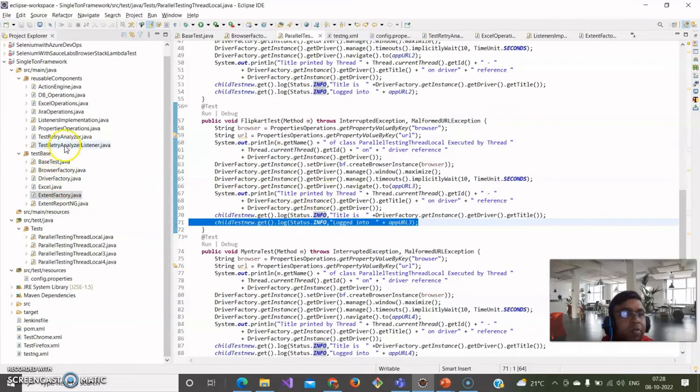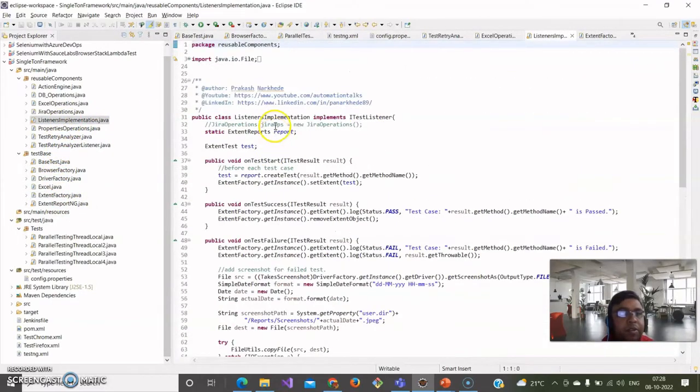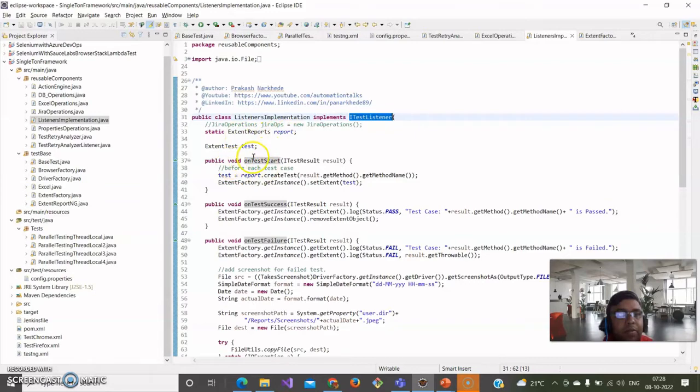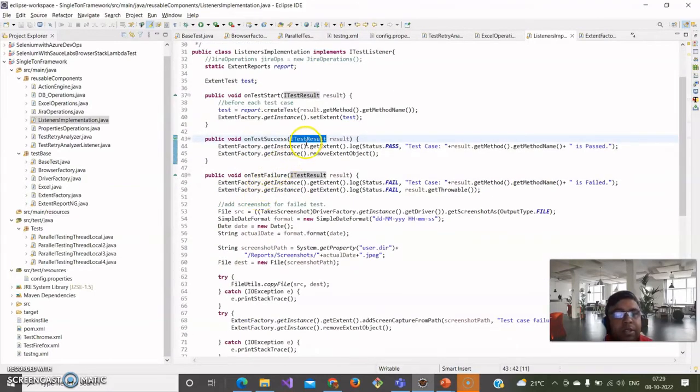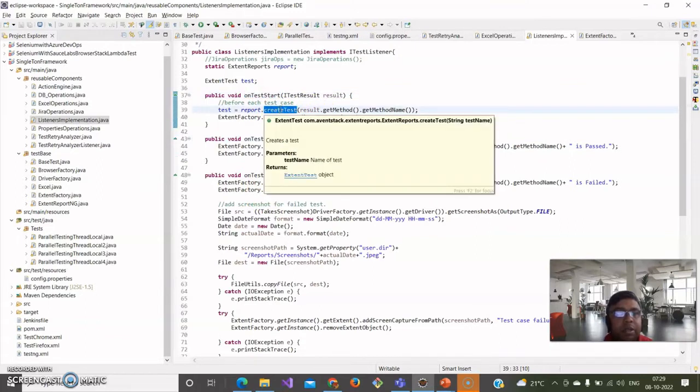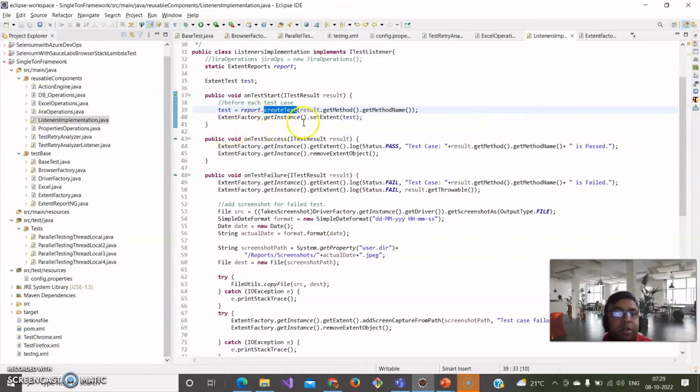And also we have added some listener here. So this is my listener class, which is implementing ITestListener, and using the Extent Report object only, we have created these different listener methods. Based on this ITestResult, it will log the events. On start, it will just create the Extent Report, and on success, basically it